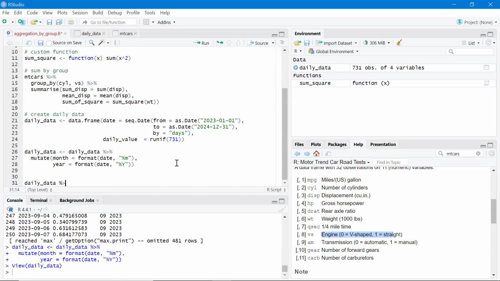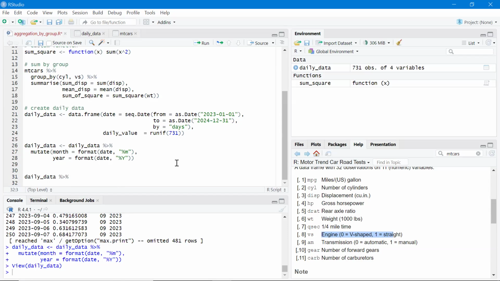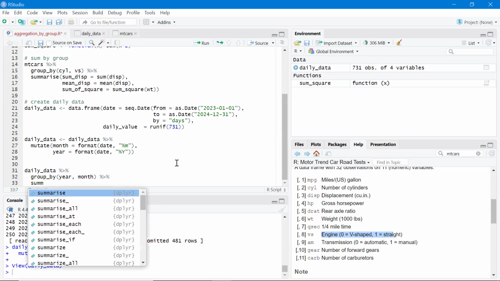We are going to use the pipe operator and group by year and month, and pipe operator. What we are going to do, summarize